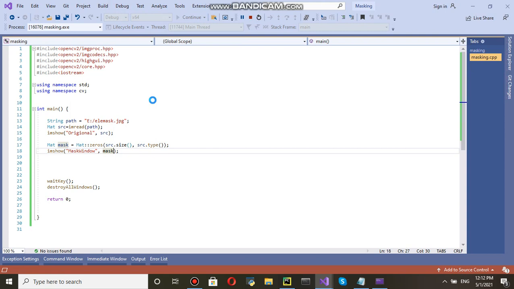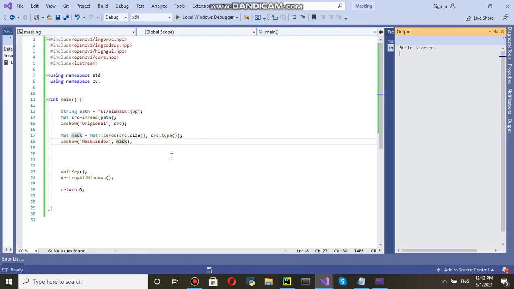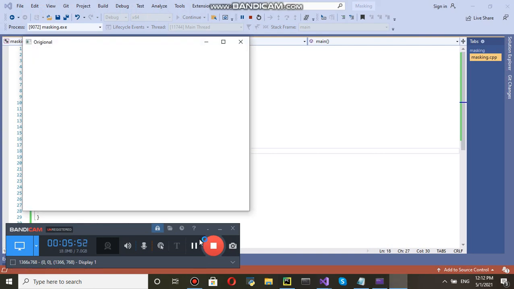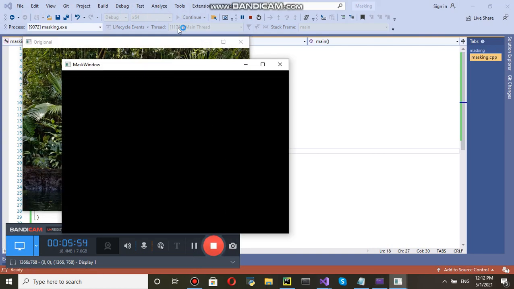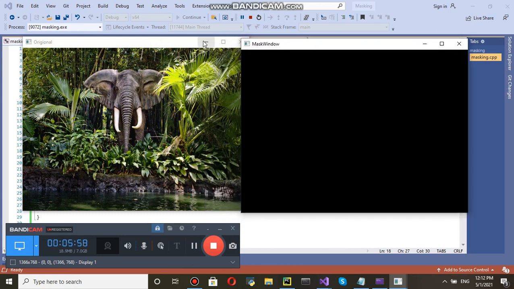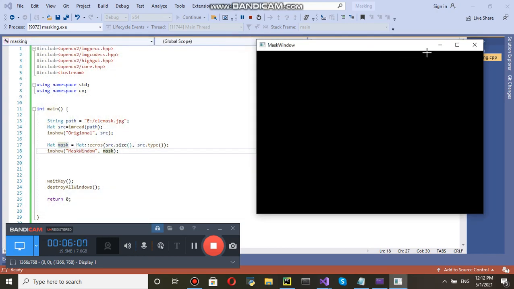Once you run, you will be able to see the mask window. Here you can see this is the mask window. The mask window is ready.